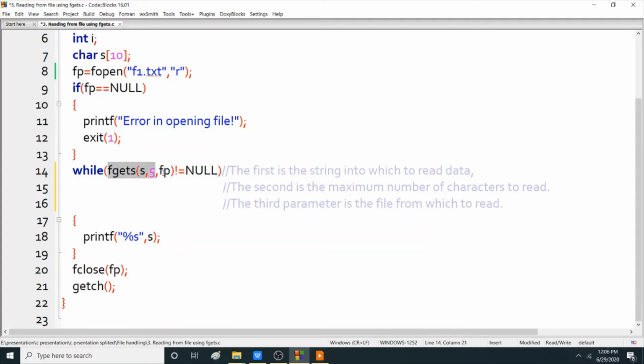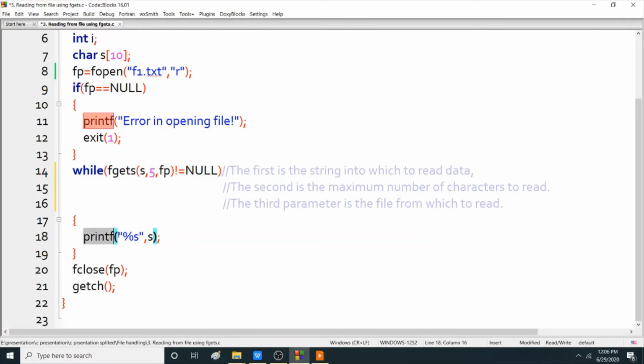Now we start one while loop and we write while fgets(s, 5, fp) not equals to NULL. If fgets returns NULL, we can say we reached the end of file character. If we reach the end of file character, then stop reading.